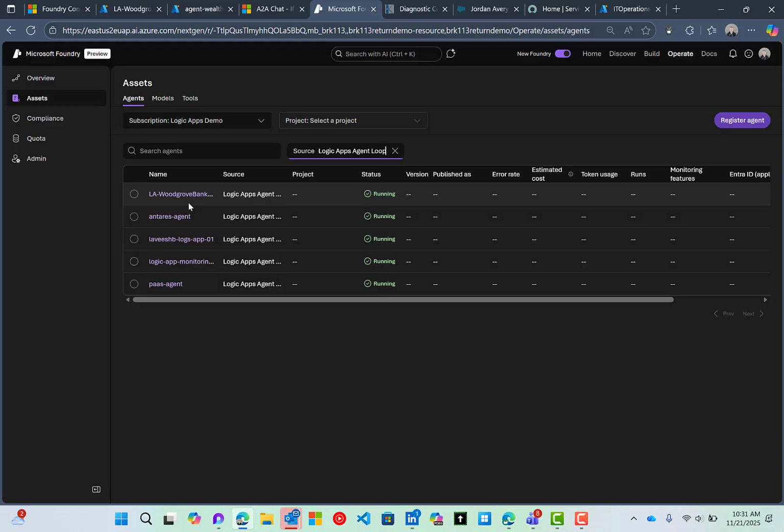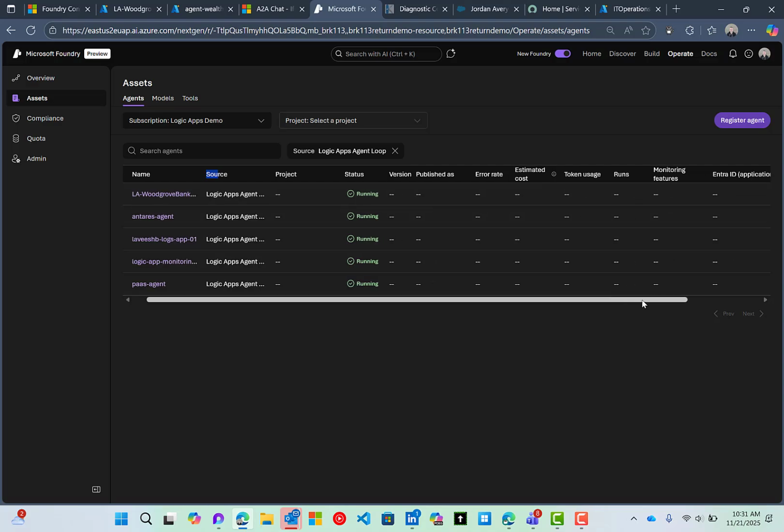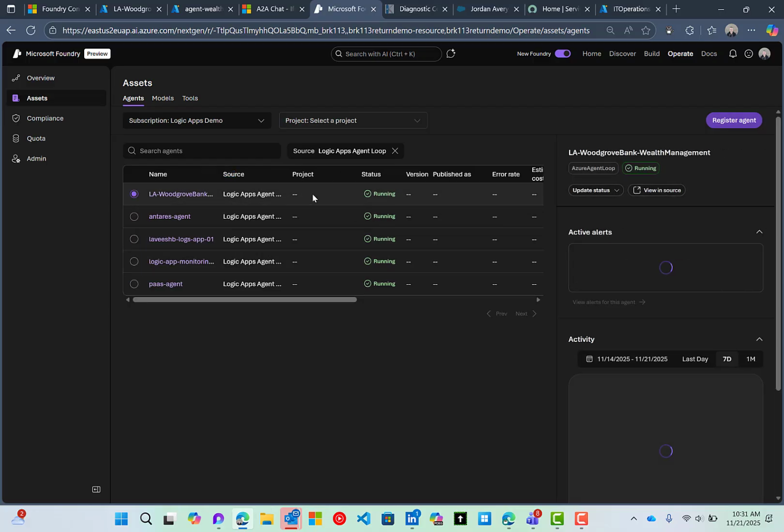And now what I've got is the wealth management solution that I was just showing you. And like I said, this is a work in progress. So we do have some additional capabilities that we need to populate here, but I just want to make sure that you are aware that this is going on. Now I can go ahead and click on this particular row,